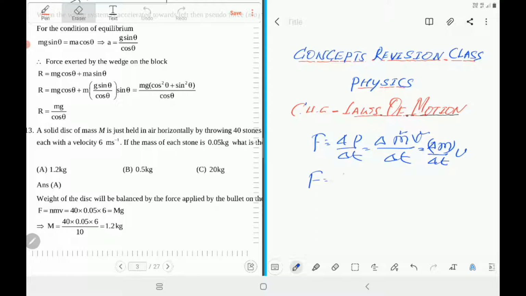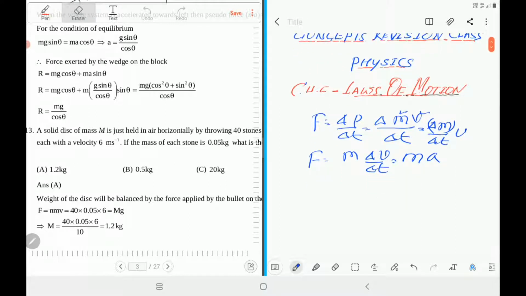But sometimes mass is a constant. In that case, we have the rate of change of velocity. What is the rate of change of velocity? Acceleration. That's a regular calculation in our discussion. Now, sometimes mass is given in terms of particles: number of particles and mass of each particle. Then the total mass is mass times number of particles. We'll see an example of this kind.